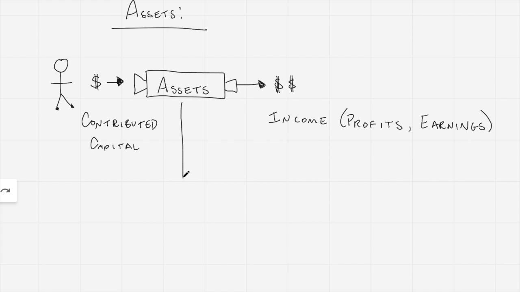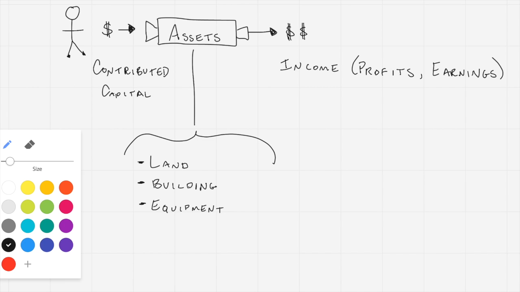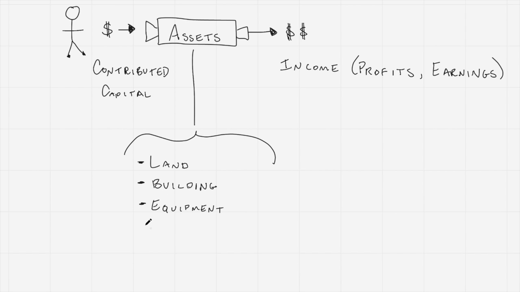So the business's assets, in the case of a restaurant, will likely be land. In other words, this business owner, if he or she wants to start a restaurant, is probably going to need some land to build the restaurant on. And then once they have the land, they can put a building on that land. And then once they have the building, they're going to need to buy some equipment for the kitchen. They're going to need some ovens, some stoves, some sinks, some tables, chairs. They're going to need some supplies. So some napkins and some straws, maybe toothpicks,